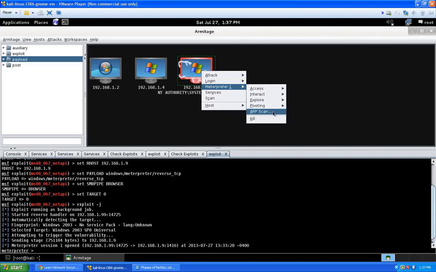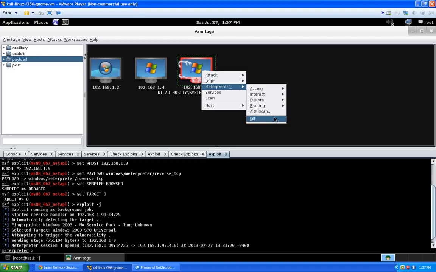You have an ARP scan, which you would use probably to find out all the other live hosts on the network if you haven't already. Now, this works great when you're doing a remote pen test and you find a server that's out on the network, has an open port for a web server or email server. You wind up compromising that, but you want to know how many more machines are behind that network. You can go ahead and do an ARP scan, and it will try to find all the other available IP addresses. And you also have the kill option here, the kill menu here, which basically kills your